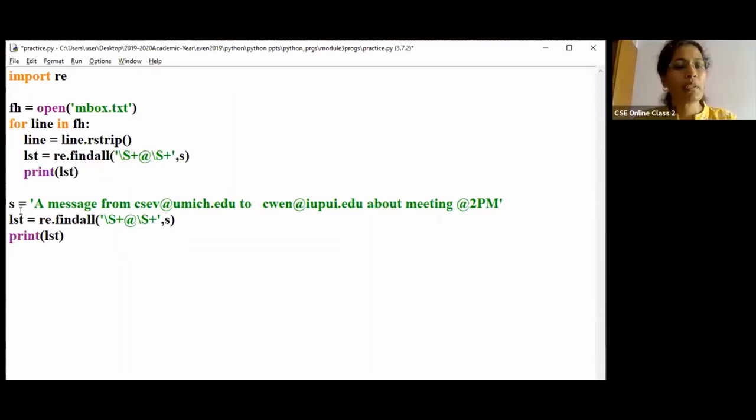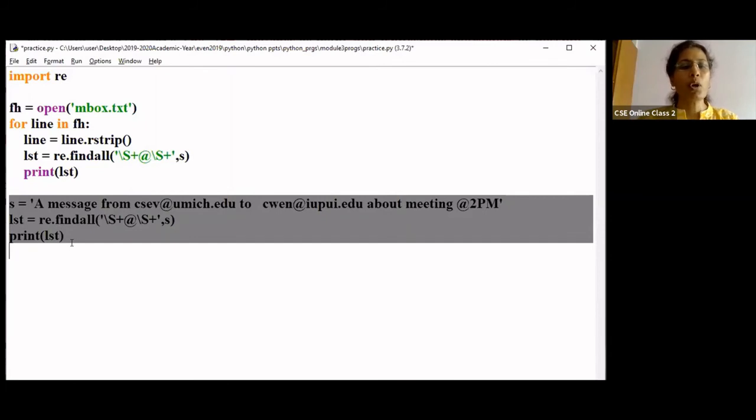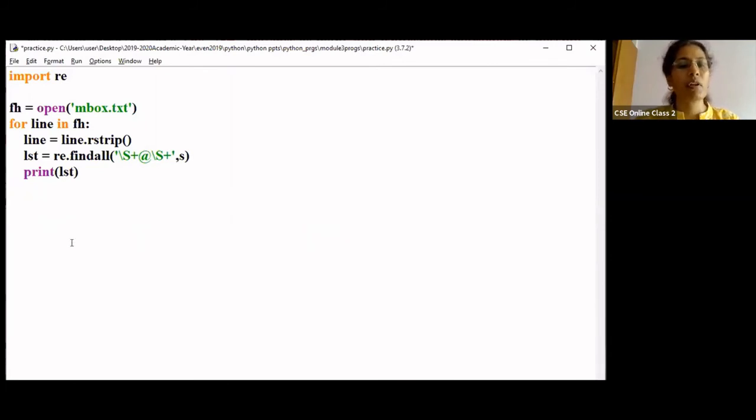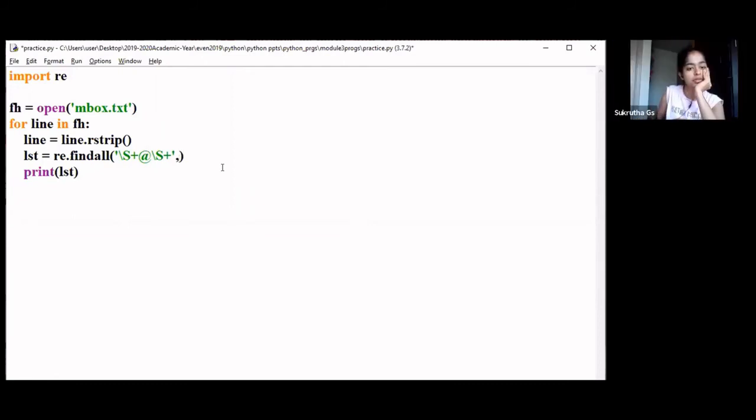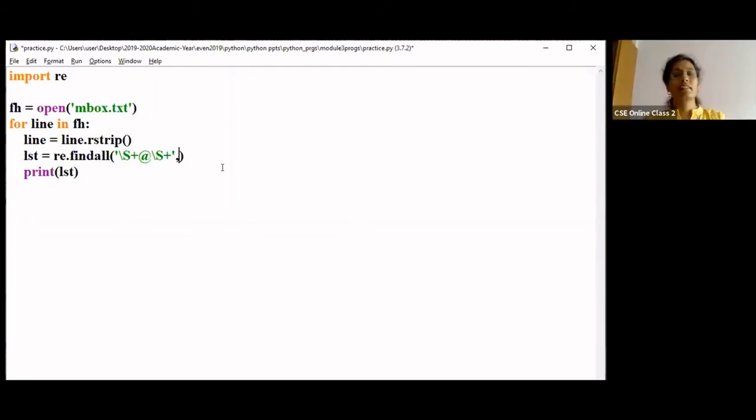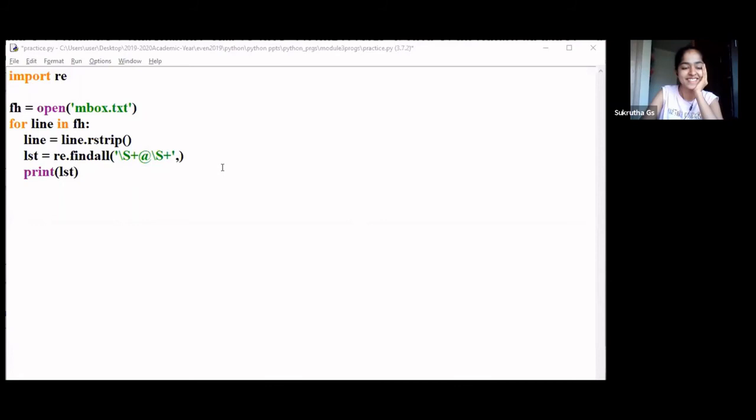Now I'm going to take this. I don't want this anymore. Hope you people have understood this, right? What else changes do I need to make here? Instead of s, FH? Is it FH or line? Line. It's line.